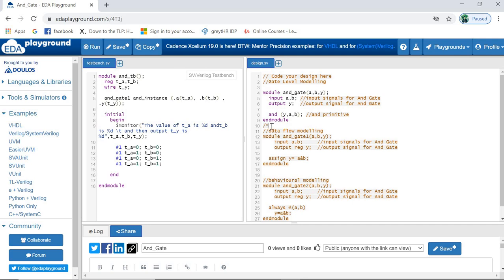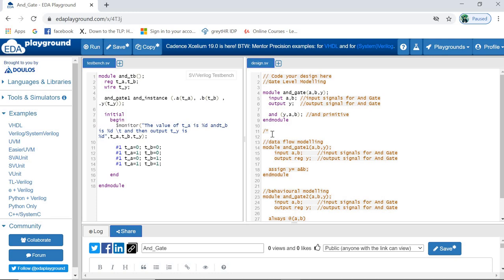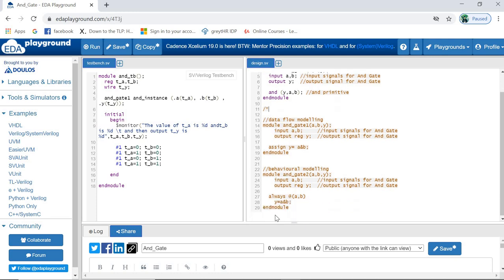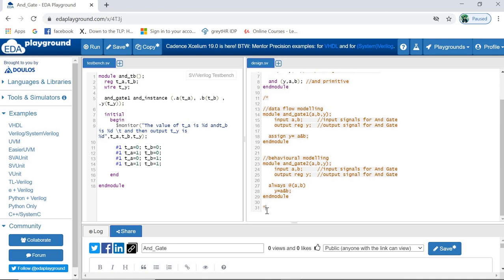Here, if you see, I am adding a forward slash and then a star, and a star and then the slash. This is used for multiple line comments. In Verilog, if you want to use multiple line comments, you can use this symbol.